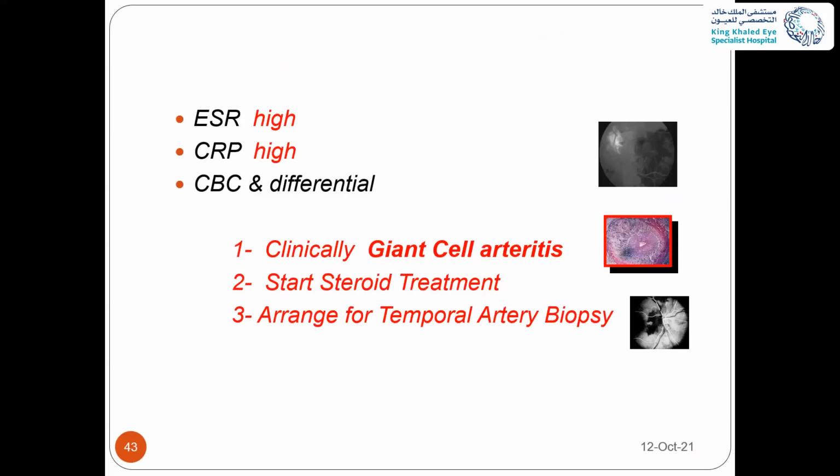So what did you have here? High ESR, and then the result of C-reactive protein came to be high. What are you going to do here? Clinically, this is giant cell arteritis. The patient was having symptoms of temporal arteritis as well. What we will do: start steroid,